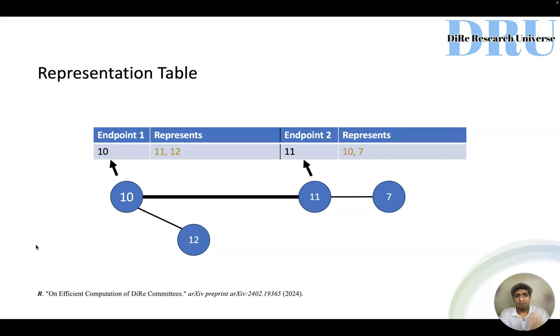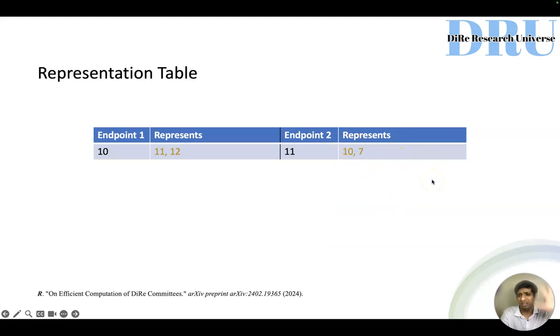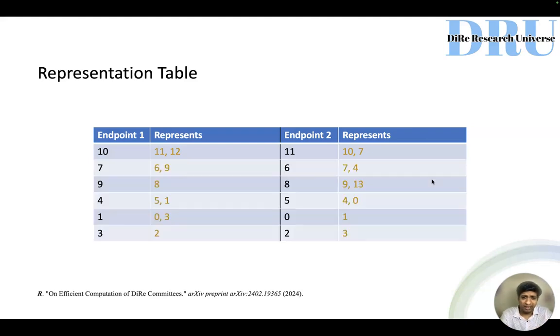Consequently, vertex 10 becomes endpoint 1 and vertex 11 becomes endpoint 2, and the vertices that are connected to each of these endpoints fall within the represents table. So that means that endpoint 10 represents vertices 11 and 12, and endpoint 11 represents vertices 10 and 7. So this is how the representation table is populated, and we already have this pre-populated table given to us,